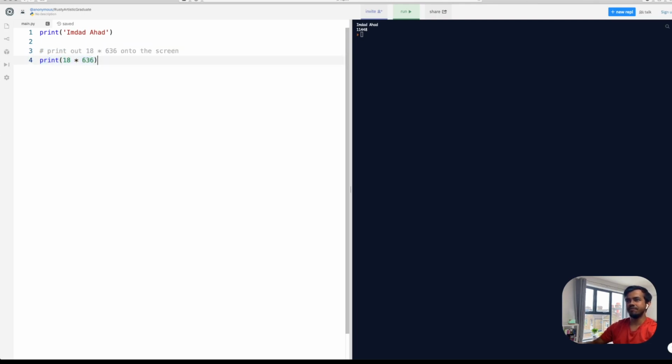So let's move on. As you can probably tell, you're like, wait, what is this here? You wrote this without explaining what it is, and I am going to explain what it is now. This is what's known as a comment. A comment in Python is a really easy way to tell Python, when you run the program, I don't want to print this out. I don't want to run this statement, this line of code. I don't want to run it when I run my Python program. I want it to be ignored.